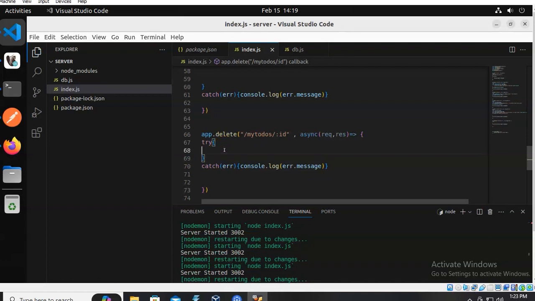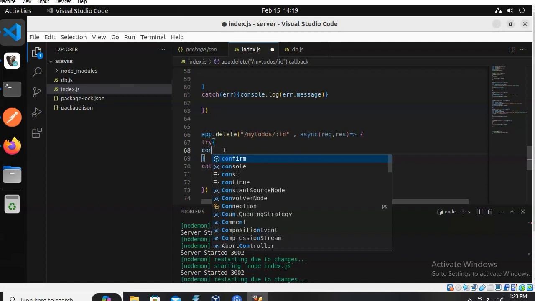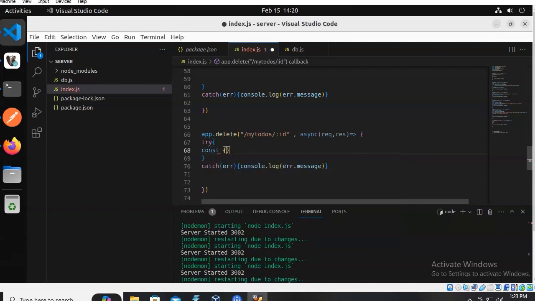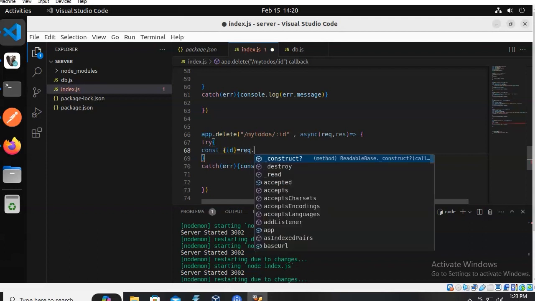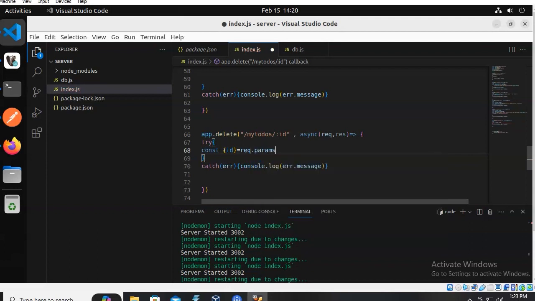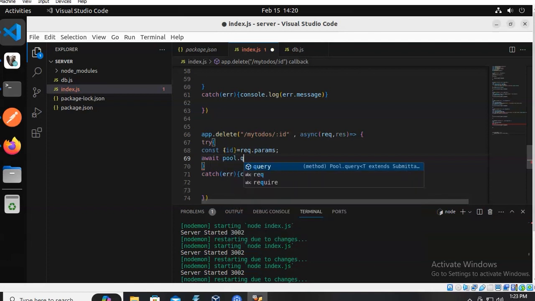Now inside that, we will type const id, which is equal to request.params. Then await, in a similar way, pool.execute the query. So pool.query of